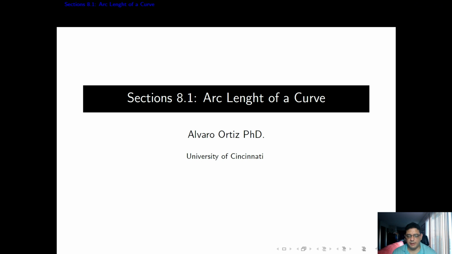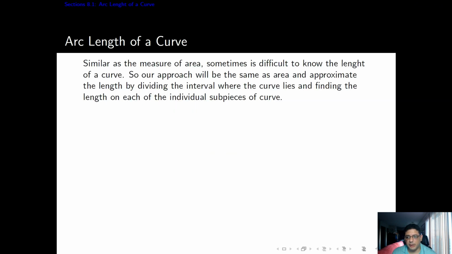Hello everyone, in this video we're going to go over section 8.1 about the arc length of a curve. Similar to the measure of area, sometimes it's difficult to know the length of a curve. So the approach that we're going to take to calculate it will be the same as for area. For a function in a given interval, we're going to take that interval and